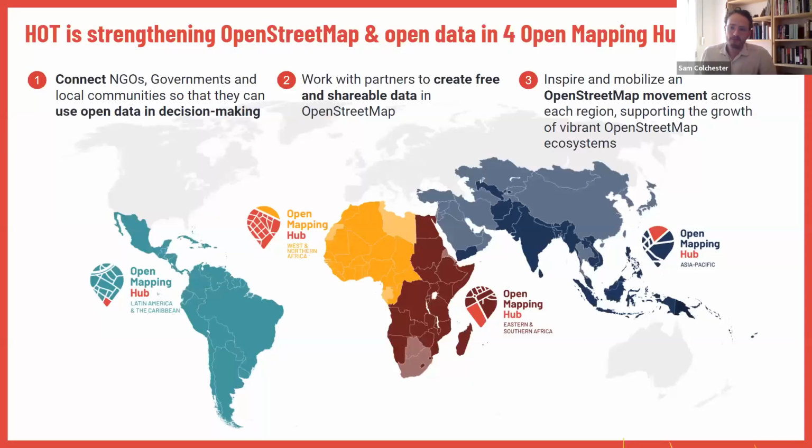Now, a short time here, so I'm not going to dwell too much on this, but the organization I work for is called the Humanitarian OpenStreetMap Team, shortened to HOT, and we have hubs across the entire globe in these focus regions. These hubs are very much about trying to get as close to the OpenStreetMap communities in each of those countries as possible. If you've got ideas about setting up a new mapping project or getting in touch with your local community, and you would like a route into that, please feel free to get in touch with me and I can put you in touch with one of our hubs to get you closer to one of those OpenStreetMap communities.